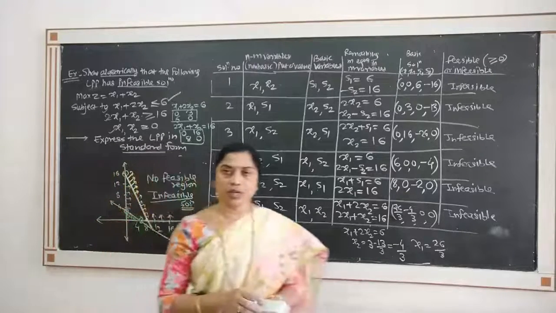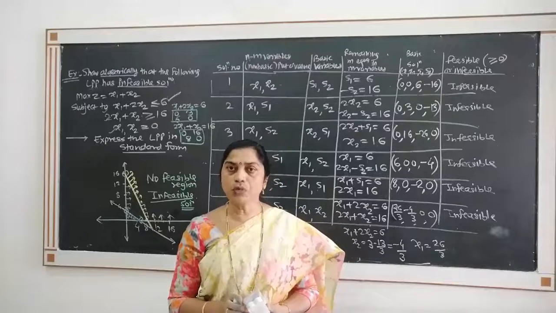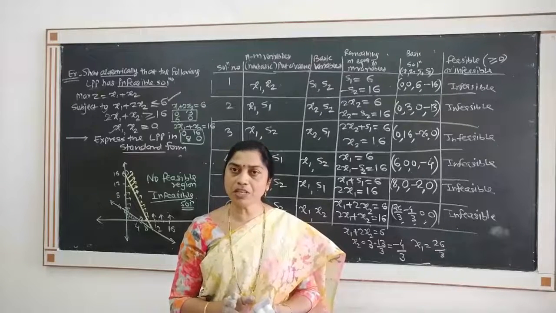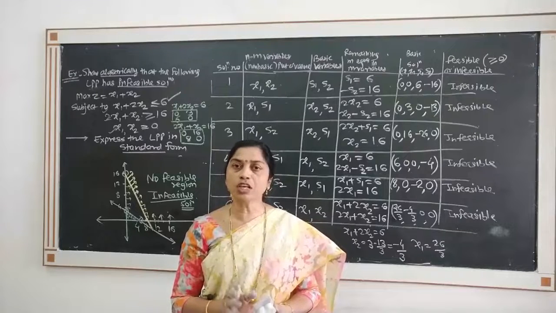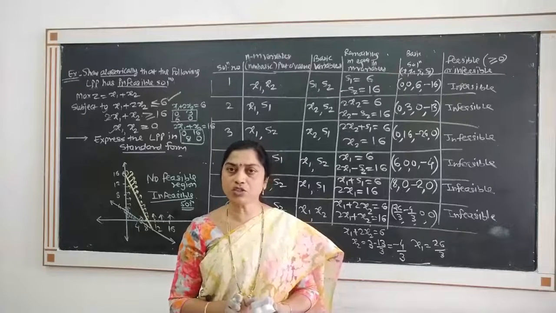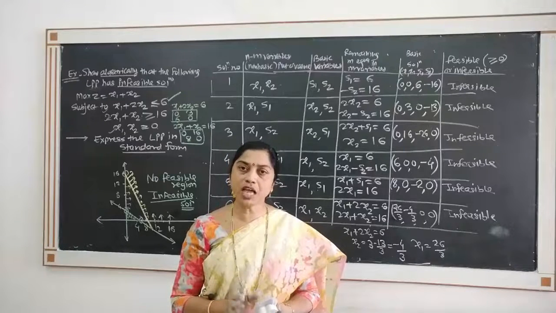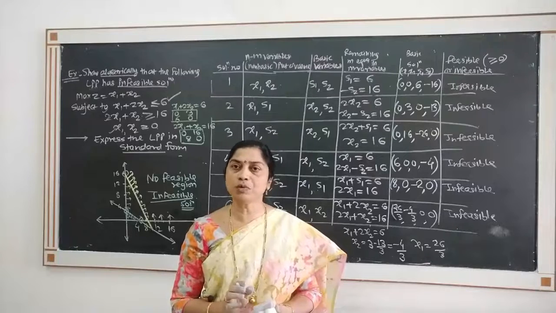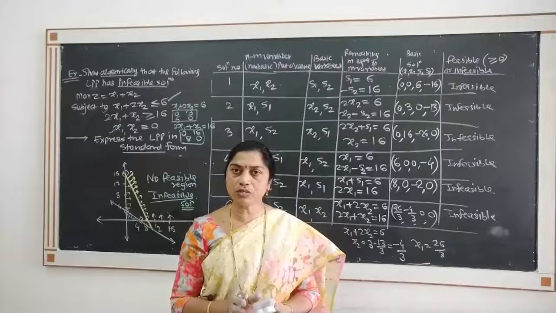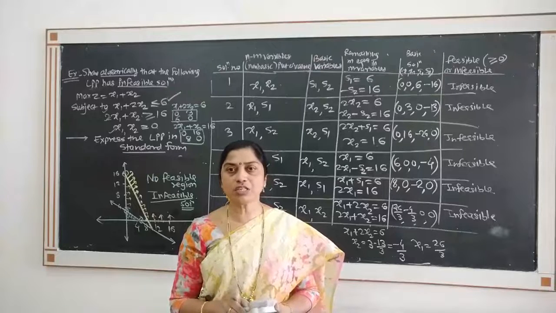So today we have seen the algebraic method to solve LPP. What we have to do? We have to express the LPP in standard form, put n minus m non-basic variables equal to 0 and solve the remaining m equations in m variables. We get basic solutions. Total basic solutions are nCm. Among those solutions, if all the variables have non-negative values, that solution is feasible. Otherwise, the solution is infeasible. And among all the feasible values, I will find the optimum value, that will be the optimal basic feasible solution of LPP.